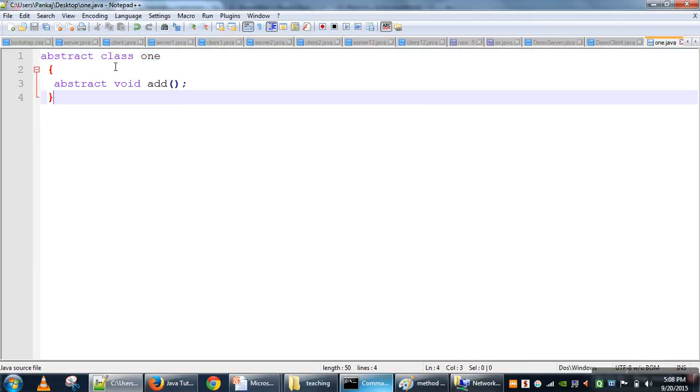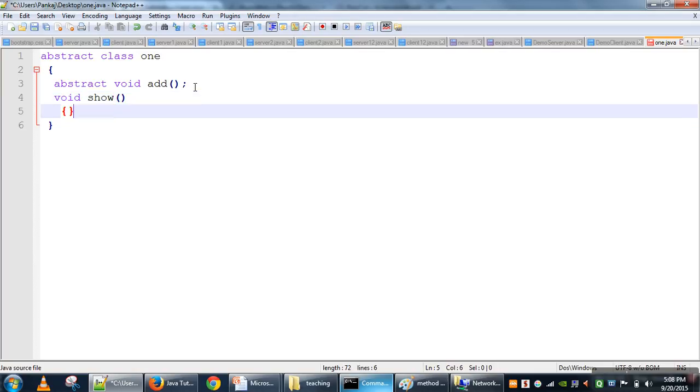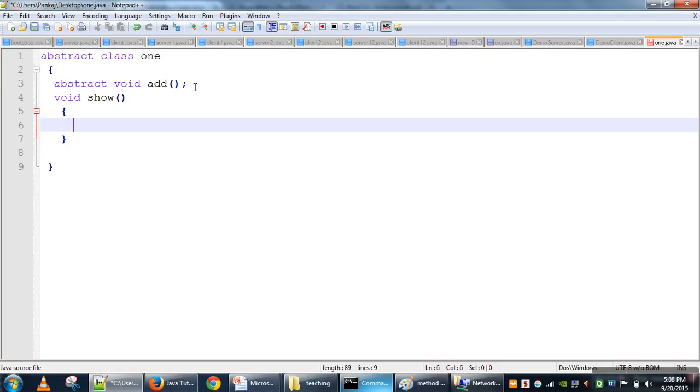So an abstract class is a class which has one or more abstract methods. In this class, you can define some other methods as well. There is no constraint that you cannot define another method, but an abstract class will have one or more abstract methods. And what is an abstract method? An abstract method is a method without any definition.